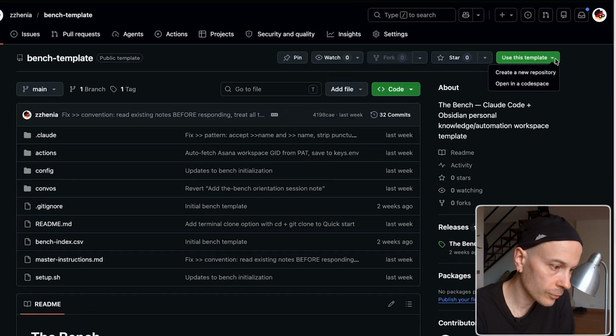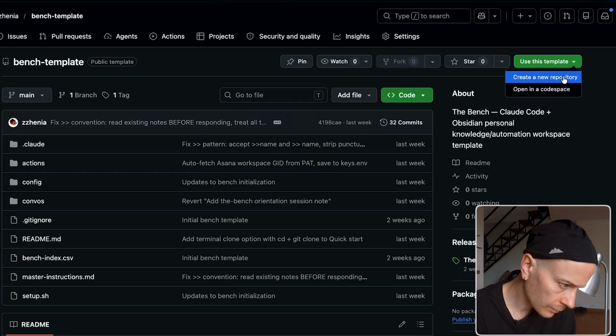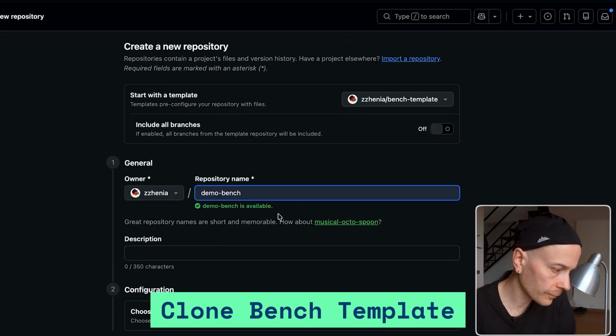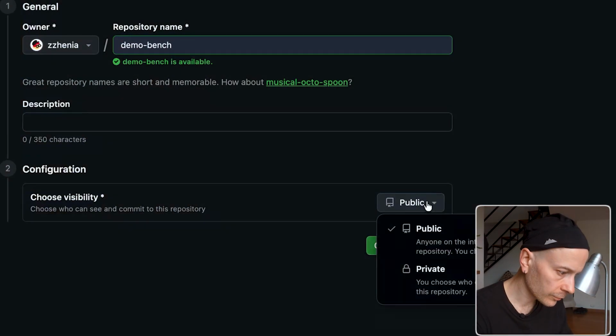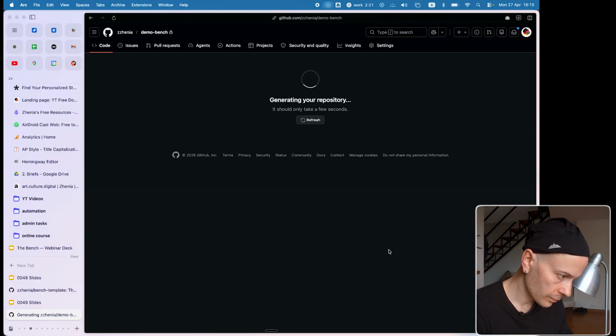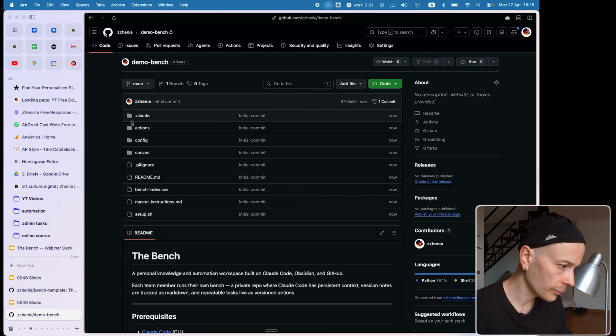So basically what you need to do, you need to go into this green button and clone it, create a new repository. And I'm gonna call it demo bench for now. I'm gonna create it as a private, create repository. And what's gonna happen is that it's gonna create a copy of everything on your GitHub repo. So that's provided you already have the GitHub account and you have the IDE,